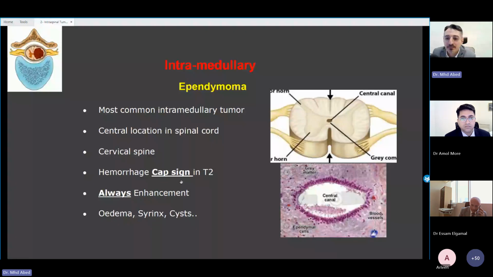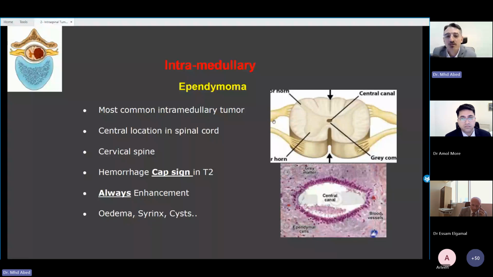The ependyma is the layer of cells surrounding the central canal. That's why this tumor originates from the ependymal cells, and that's why it is usually very central within the spinal cord itself. It is the most common